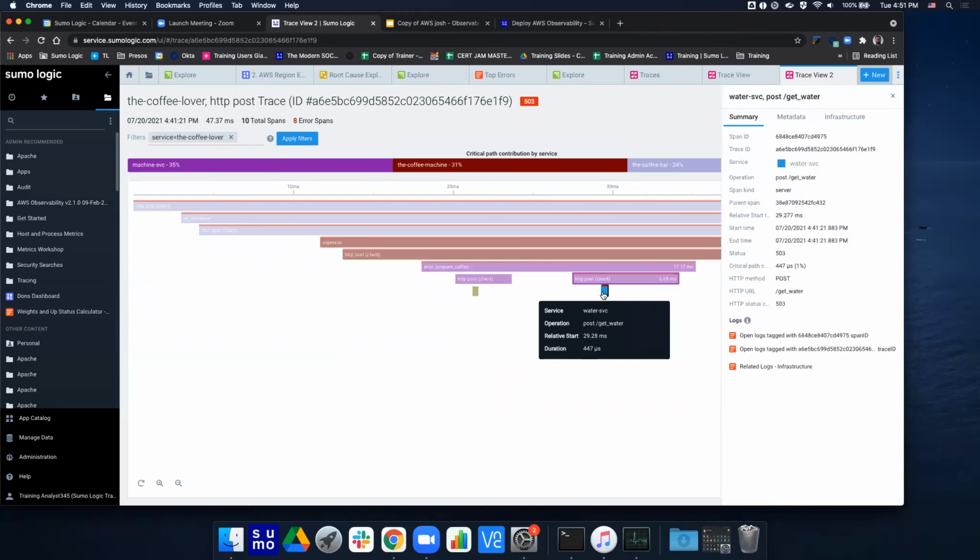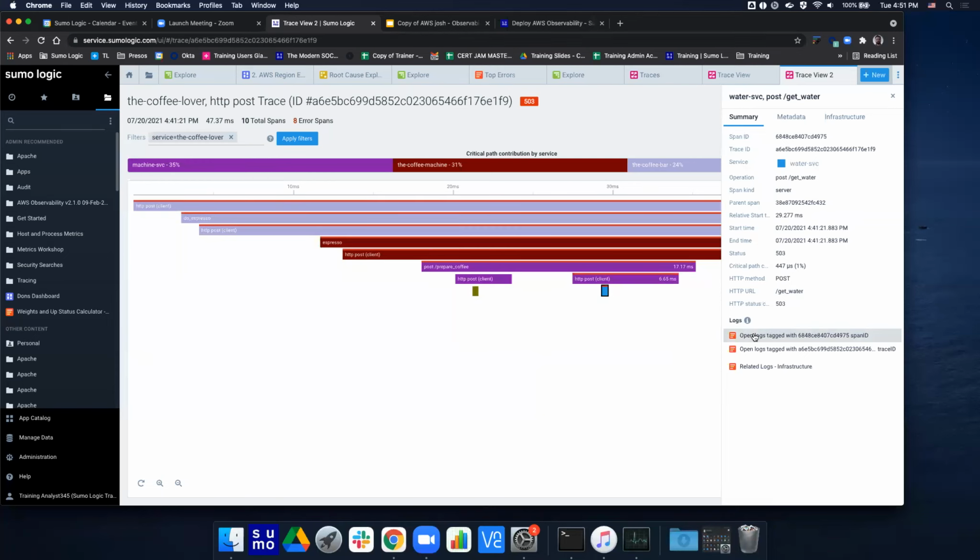And when I do, I get some information. I see this blue box is associated with the water service, specifically the operation getting water. And so what this is telling me, or leading me to believe, is that there seems to be some error with the water service getting water. That's good, but I need a little more information. I really need to know what has gone wrong here. What I can do is look at logs that are associated with this event and visually see what went on. I'm going to go ahead and click on the logs